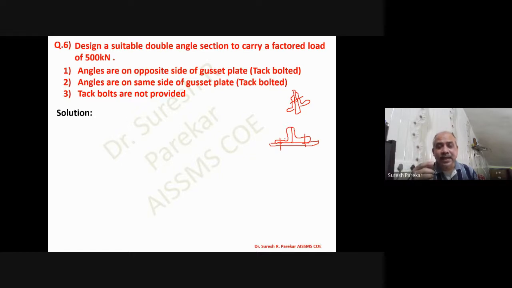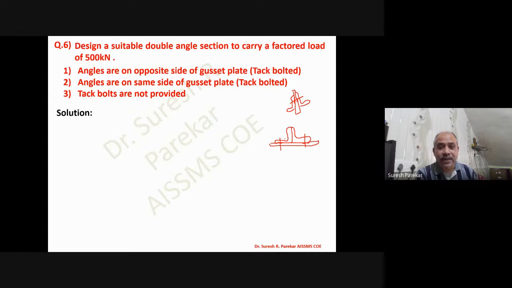But in IS 800 1978, the formulas are for a member as one, that is one member with two angle sections, and if tag bolts are not provided, they will act as individual, and the strength for individual and for combined are different, and therefore that affects IS 800 1978,